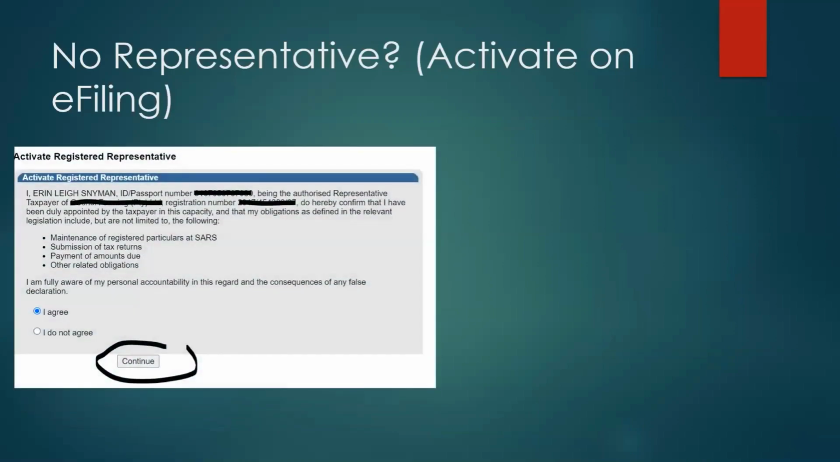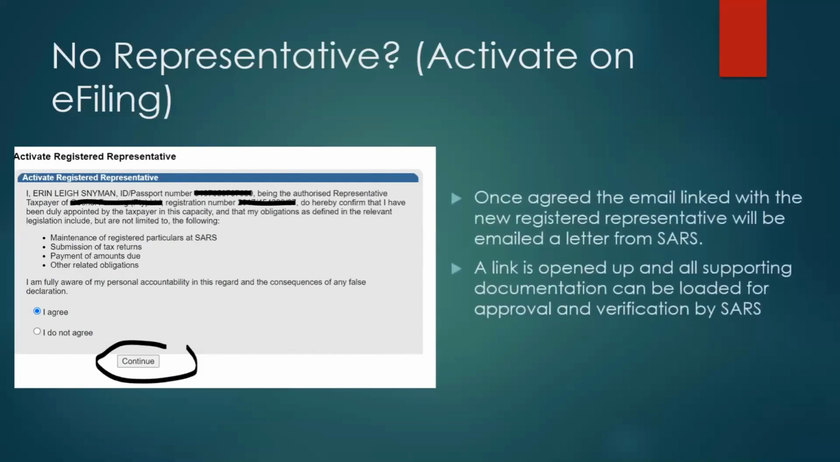So what happens then, once you tick that box, it will say, I, Erin Lee Snyman, being the authorized representative of this company, hereby confirm that I've been duly appointed in this capacity. It lists all my obligations and a further little note to say that I'm fully aware of my personal accountability in this regard and the consequence of any false declaration. I then click agree and continue. Now, in the same way